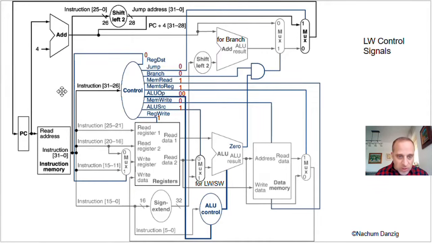But that didn't happen yet. We're still over here on the left. Everything in the left here is happening at the same time. But the first thing that happens is the instruction just starts coming out. And the opcode goes over here. The bits 25 to 21 go onto this line, which is the RS. And then 20 to 16 go on this line, that's the RT. The RD is going to go onto this line,